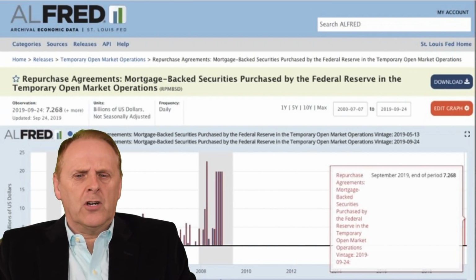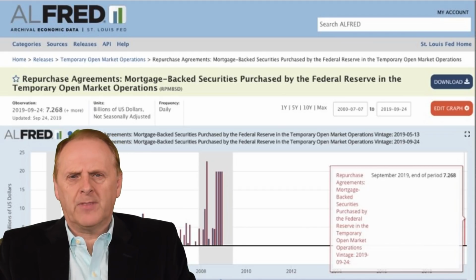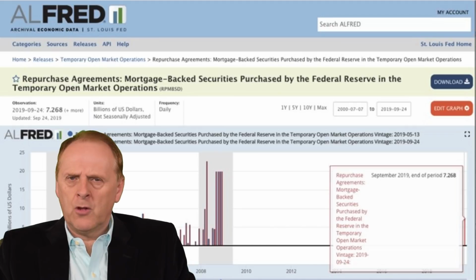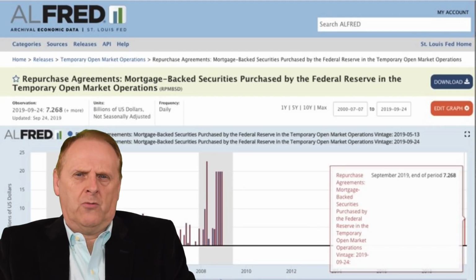So if you look at this particular figure, what we can also see on the 7 billion, there was a spike. There was no MBS repo requirement for 2028, 2029, and we are seeing that this repo situation is getting much worse. So what does this actually mean? Well, what it means is this,